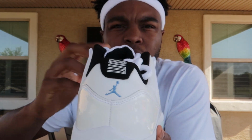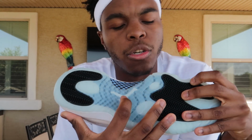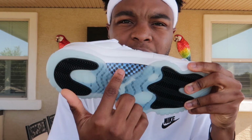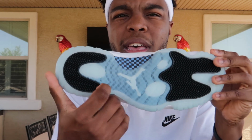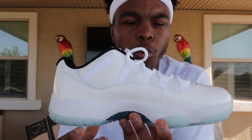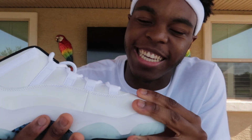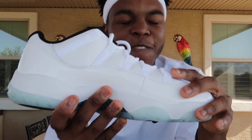Legend blue in all its glory, 23 right there, and then this is the left pair. We're actually gonna go ahead and review the left pair first. So starting with the outsole, you do have that legend blue, aka Columbia outsole right there. There's that carbon fiber right there. You have the black track pads, it looks like, and then as you go up to the midsole, it's a white milky midsole, which regular lows usually come in. And then as you go up more, you have a glossy, man. Is that patent leather? I think it is. That glossy patent leather, which is